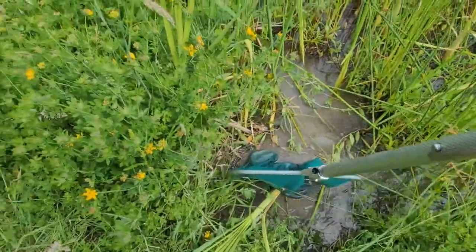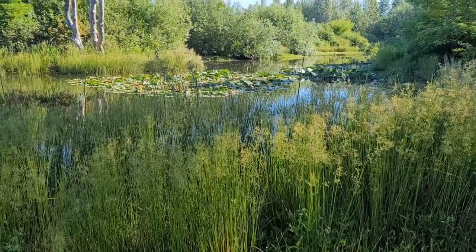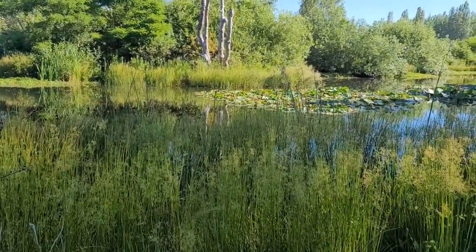Watch how deep this is. It's only about an inch deep. So pretty amazing. All right, so here we are at the infamous Dojo Loache infested pond, and following Thornton Creek